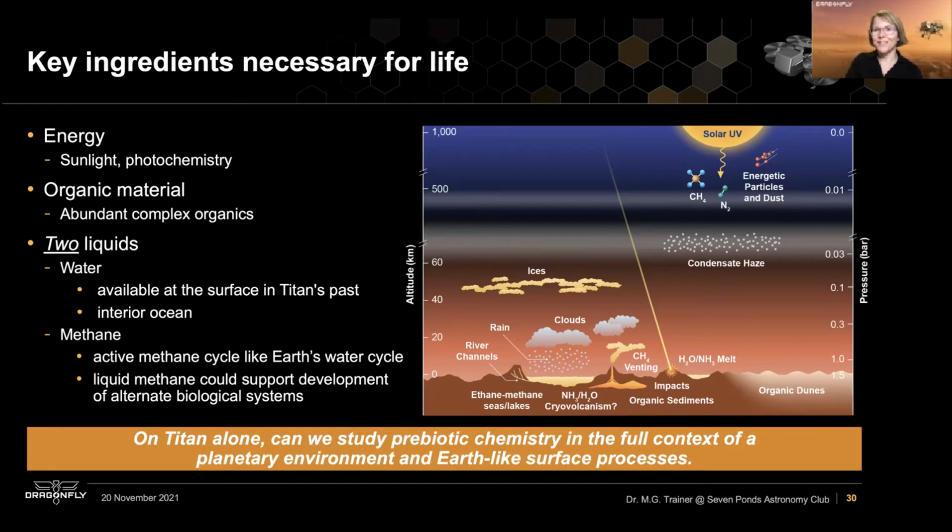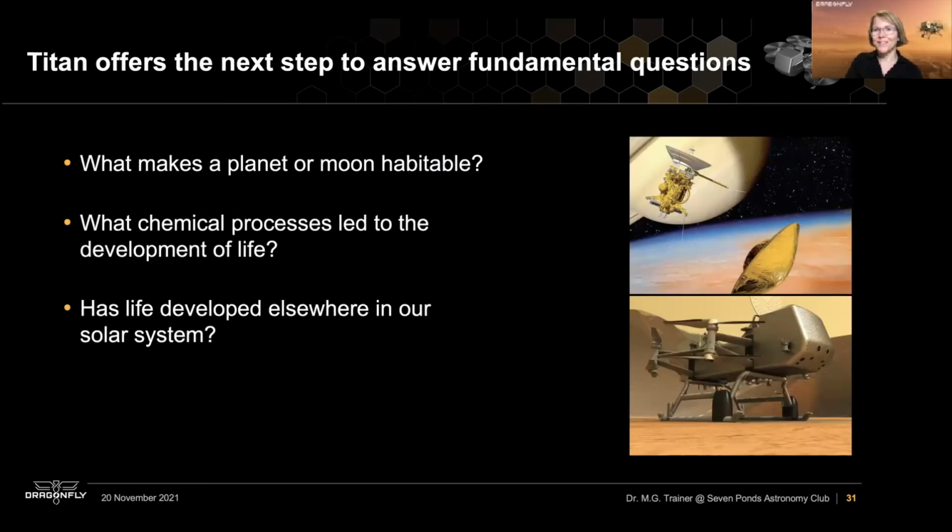And what does that mean? And what can we learn from that in terms of how life originated on Earth, or what the environment of Earth was like before life was there, as well as when we look out into the stars and see other planets around other stars that might have places that look like Titan as well? So we think Titan has really great keys to answer some of these very fundamental questions that we have,